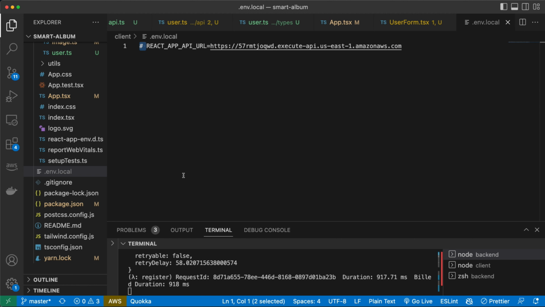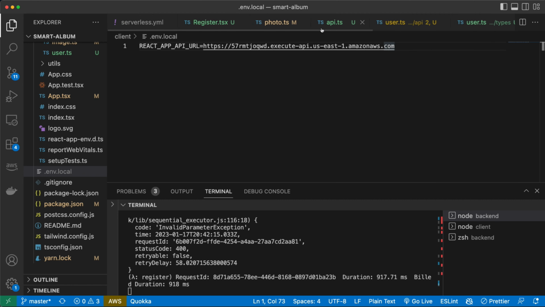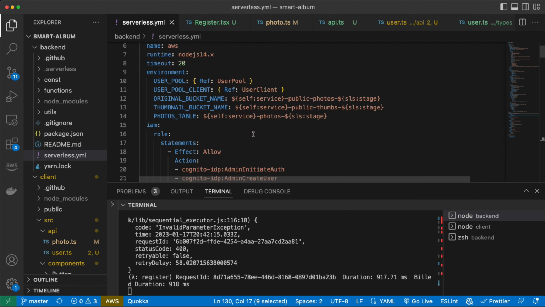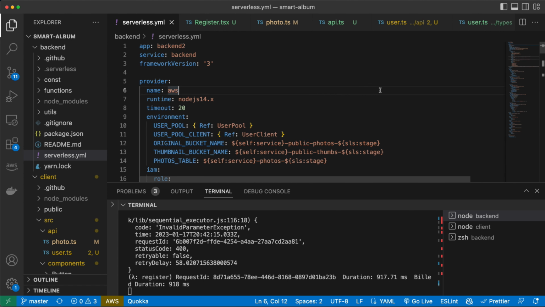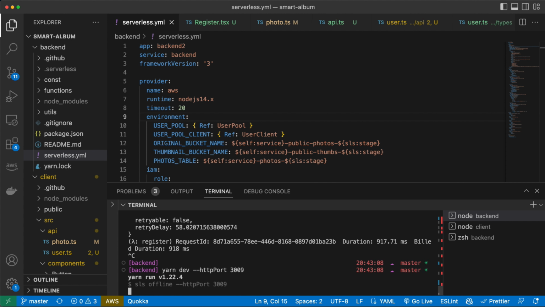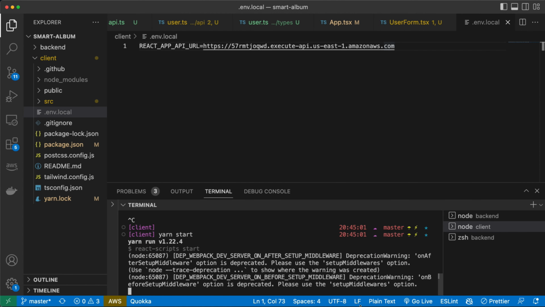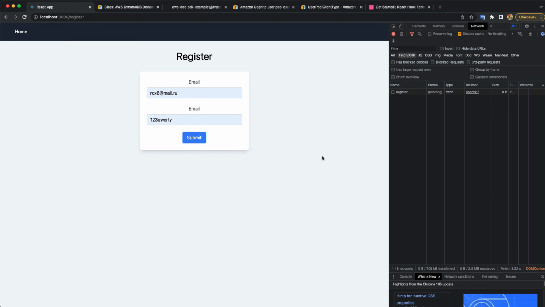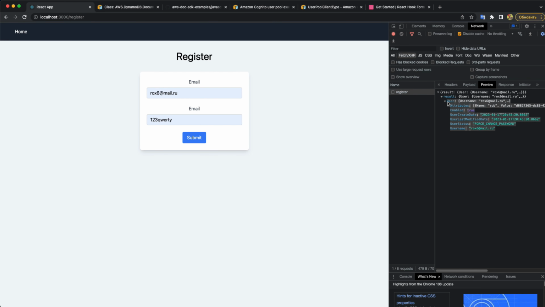Let's add this React app API URL, and let's point it to our remote server, because our local server doesn't work very nice with these variables here, because serverless offline obviously has some bug, and I don't want to change it back and forth to the hard code. So let's just restart our front end, and let's try again. Let's just enter some email and password, and you see it's 200, and we registered successfully with our user,